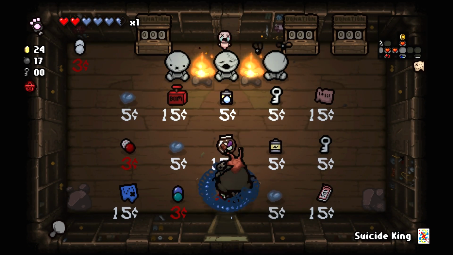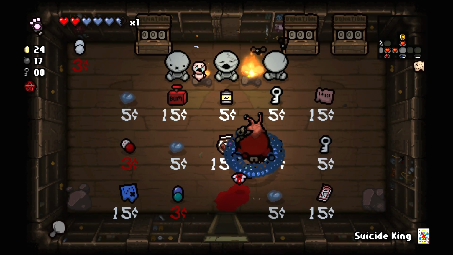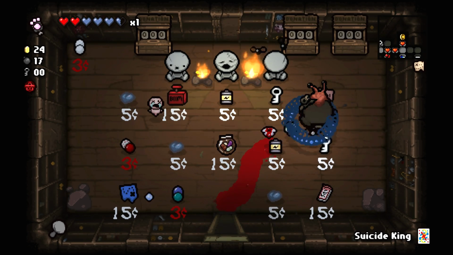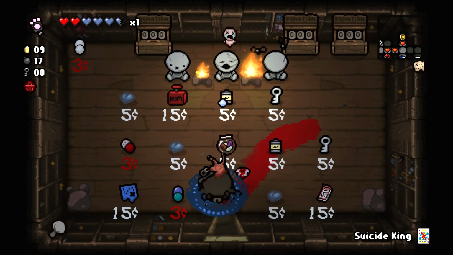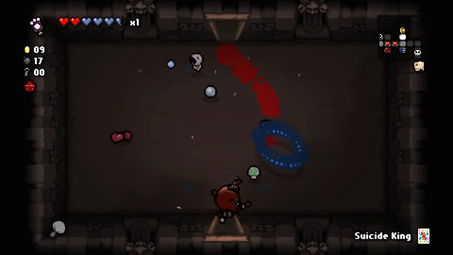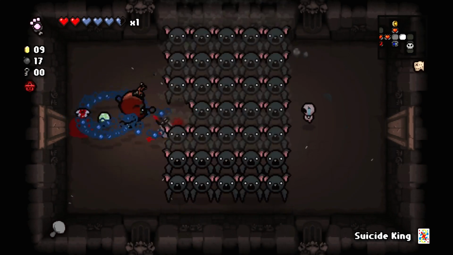Okay, so carefully navigate without accidentally purchasing something I don't want. Grab the Humbling Bundle, which will double our triple to 6-tuple. Apparently, at least I hope that's how it works. We've got another...